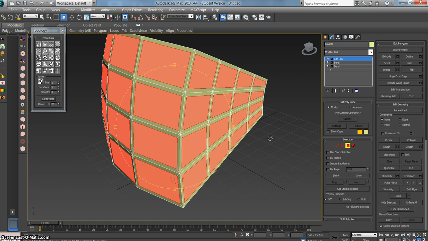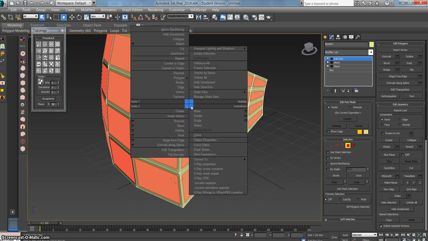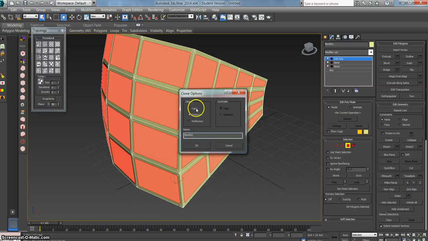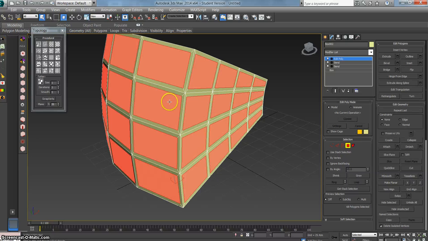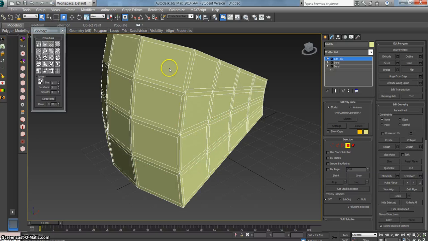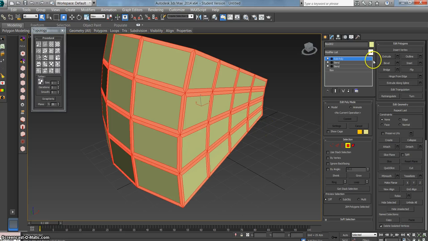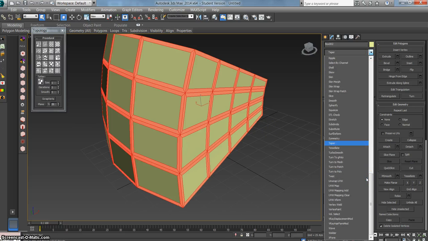What I could also do is duplicate this. So right click, clone, make a copy, okay. So now we have a clone of that. And we can go into this again and delete. So now we still have the other objects still behind. But then on the object that we cloned and we delete the faces, we can do Control A again to select all of them. And we can add a thickness to this frame by going to